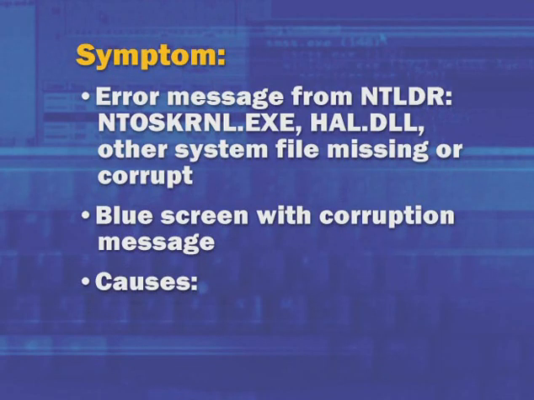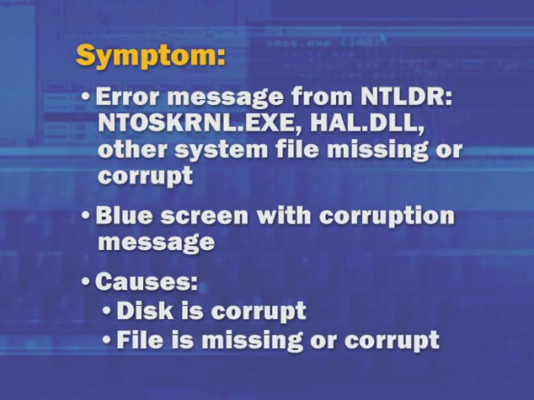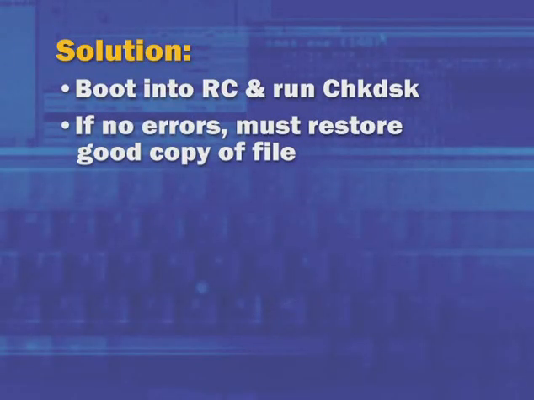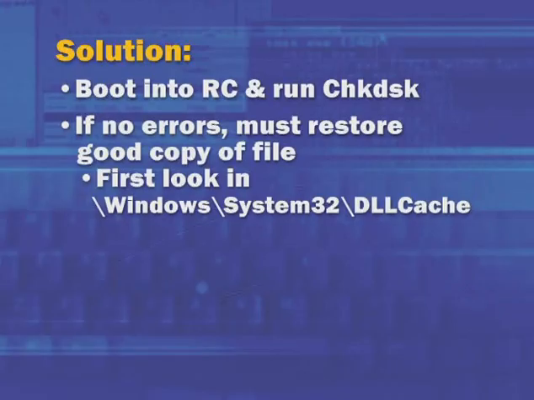The causes for system file corruption could be actual disk corruption, or the file is actually missing, or an individual file has been corrupted. So the first step in troubleshooting this kind of problem, of course, is to boot in the recovery console and run a check disk. Hopefully it's just disk corruption and it's able to repair itself so that you boot the machine and get up and running again. However, if check disk reports no errors, then you probably do have corruption to one or more system files. So the goal here is to get a backup replacement for the identical system file. Fortunately, Windows keeps backups of many of the core system files in a directory under Windows System32 called DLL cache.